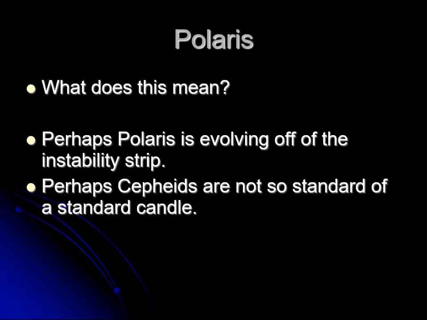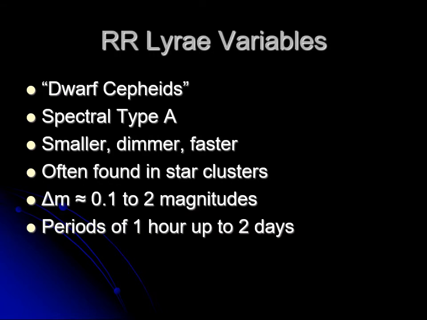That means that Cepheid variables are not really the perfect measuring stick that we would like them to be. There's a reference here to a term called standard candle, and a standard candle is a term that's used to describe something that you can use to measure the brightness of and put into that